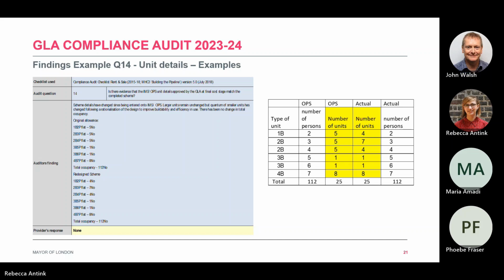So that's just one other example of how we think the information could be presented by the auditor to make it clearer for both the provider and the GLA, and to make our assessments that much easier. If we go to the next slide,